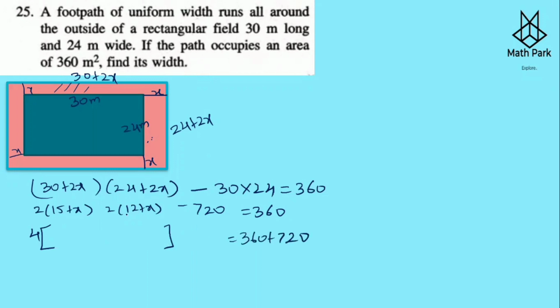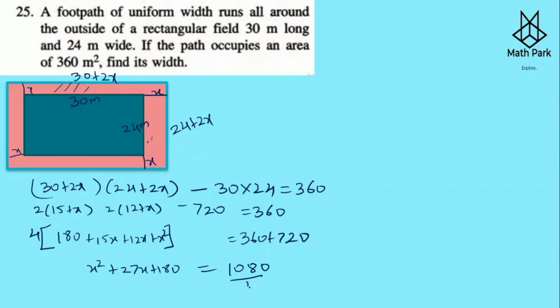Now 15 times 12 is 180, plus 15 times x is 15x, plus 12 times x is 12x, and x times x is x square. So now we have x square plus 15 plus 12, which is 27x, plus 180